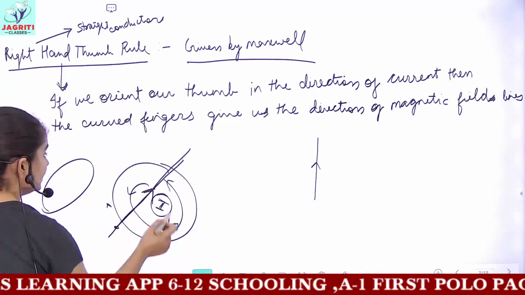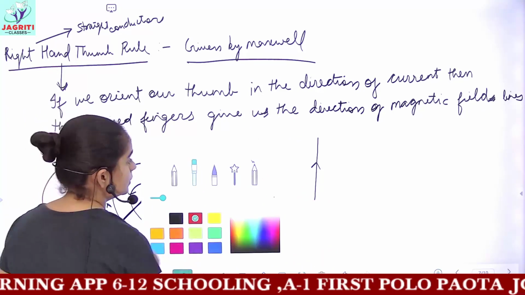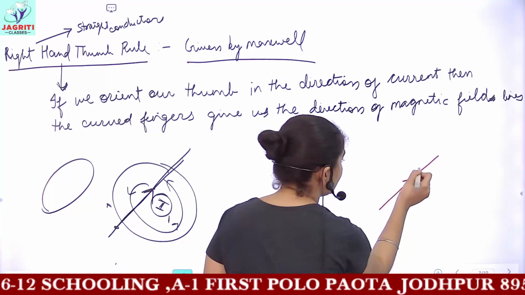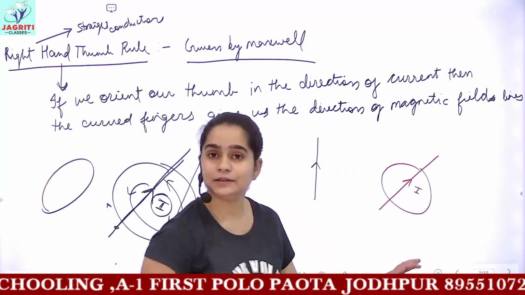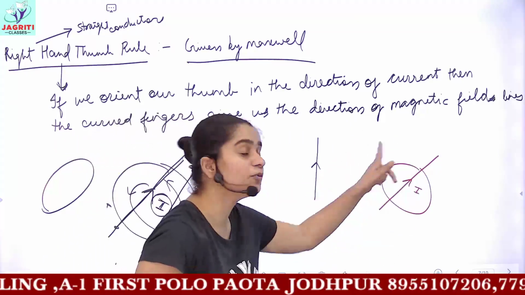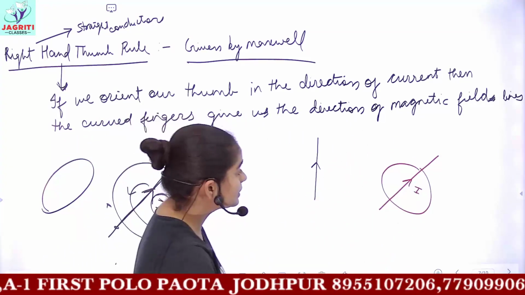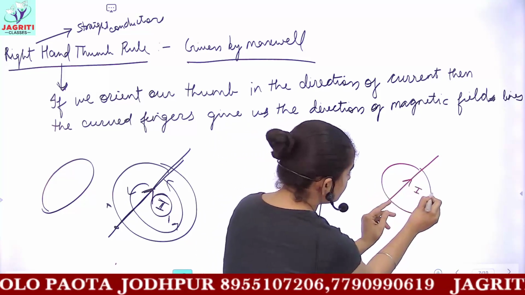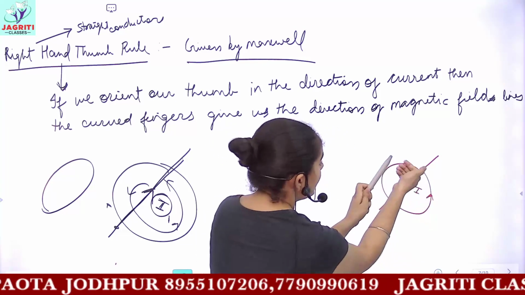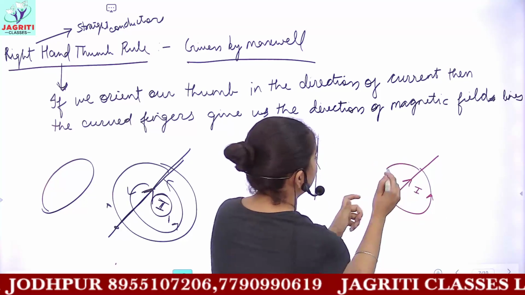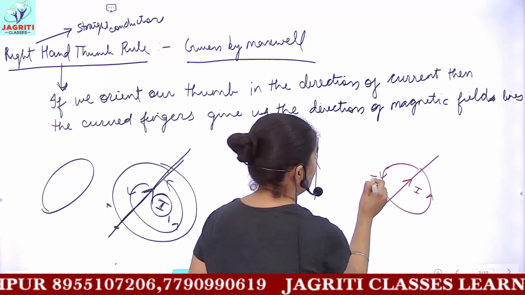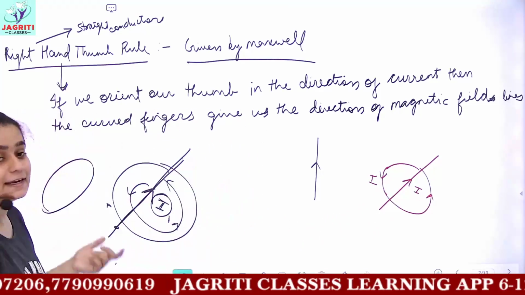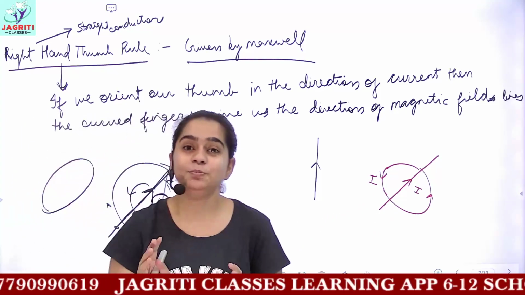So for drawing the direction of magnetic field lines, if this is the direction of current, then magnetic field lines would be in the form of circles. You should have no doubt these are in the form of concentric circles, and the direction is they would go in, like this, they are going inside and then they are coming outside from here. So this would be the direction of magnetic field lines according to the right hand thumb rule. I hope this is clear.